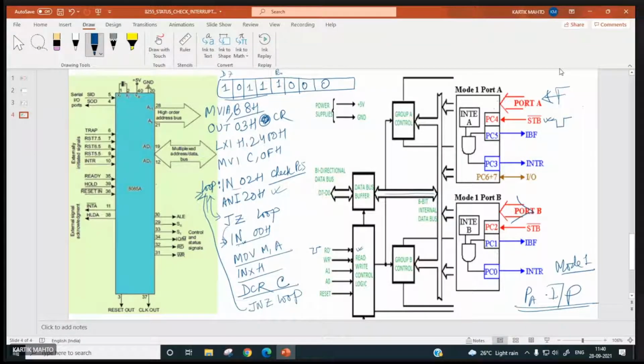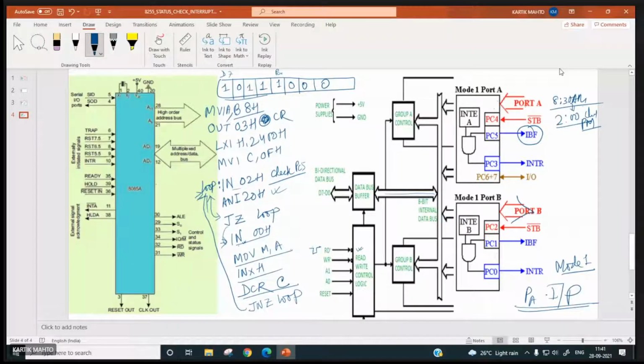Now, sometimes suppose after 8:30 a.m., the second shift starts at say 2 o'clock. Now, if this processor keeps on checking IBF from 8:30 a.m. to 2 p.m., how much time will be wasted in checking the PC5?